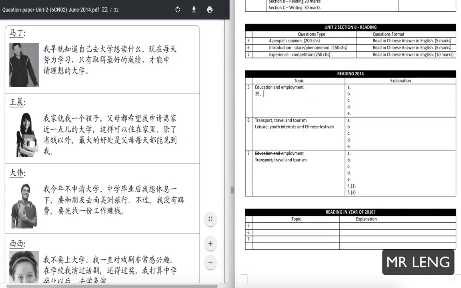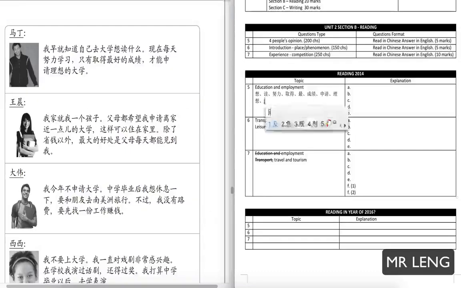想 want to, 读 study, 努力 hardworking, 取得 receive, 最 the most, 成绩 grade, result, 申请 apply, 理想 ideal. That's the first one. We know these keywords here. I want to study at university through my hard work, because I need the best grades to apply to the ideal university. And the second person, 就 just, 只 only, 希望 hope, wish,